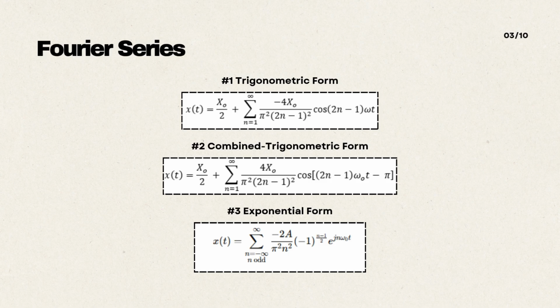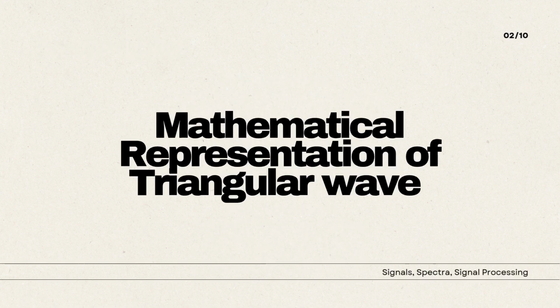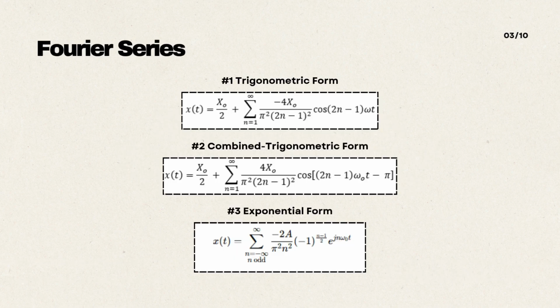And finally, the exponential form. This form uses complex exponentials to express the waveform, which is especially useful in advanced signal processing and when working with phasor analysis in electrical engineering. Notice the alternating sign and squared denominator. This shows that the triangular wave has only odd harmonics, and its amplitude decays rapidly, indicating a band-limited and smooth